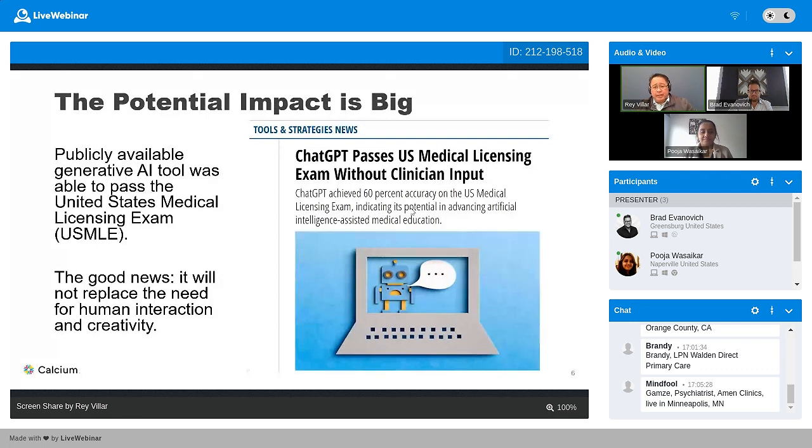But it was pretty amazing. It's doing many amazing things, which is why it's so revolutionary. The good news, I want to give you ahead of time, and we'll address this more later: it's not going to replace the need for human interaction and creativity. It will not replace the need for actual human touch and human care of a caring provider.